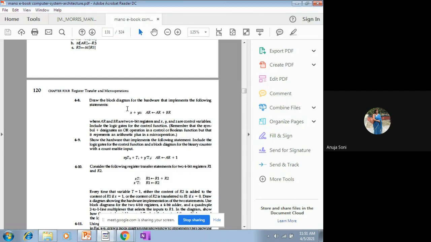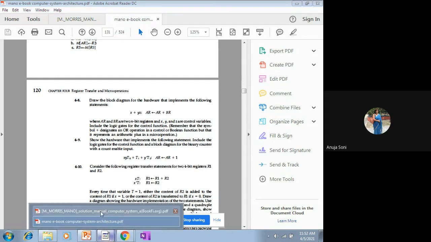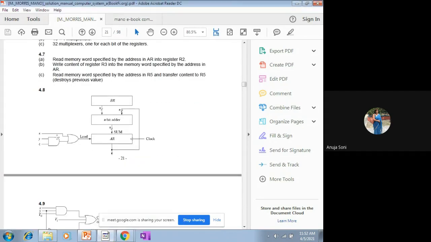And regarding this control function, what you have to do? You have to draw the logical circuit diagram. Logical circuit diagram means you have to use an AND operator on YZ, and then ultimately an OR operator over X and YZ. See, first of all, I talk about the control function. The control function may be a simple small logic circuit diagram, as you have done in the first chapter, right?